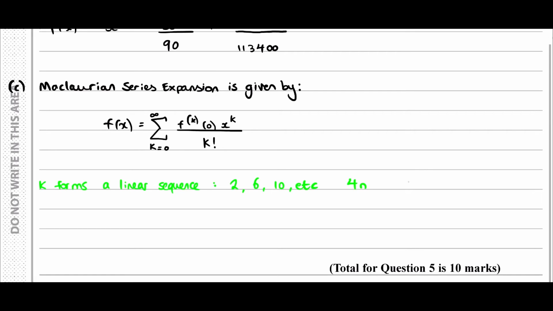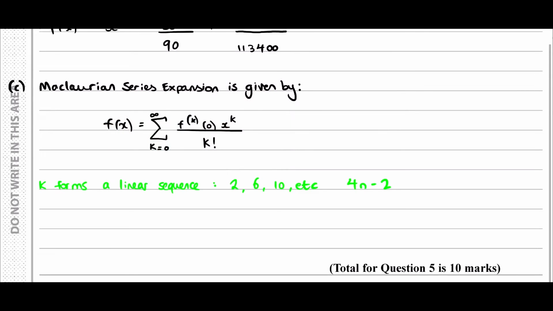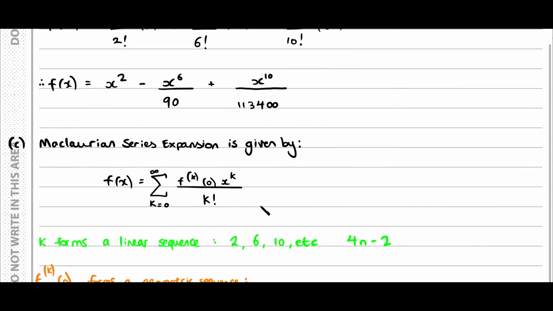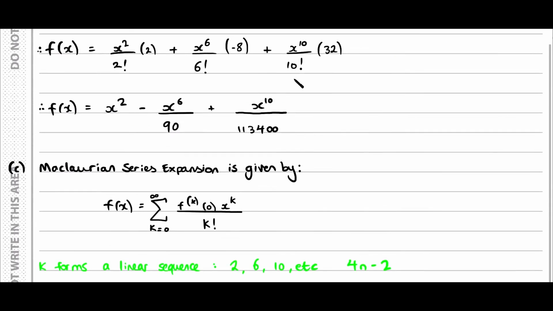Okay, and you'd also notice, if I do this in orange, the kth derivative at the point x equals 0 forms a geometric sequence. Therefore, if we have a look at our non-zero terms, we have 2, -8, and 32. So we have 2, -8, and 32. And we said this forms